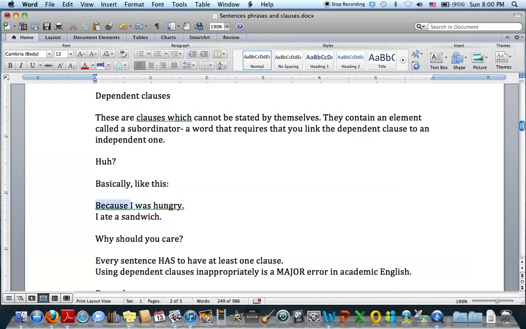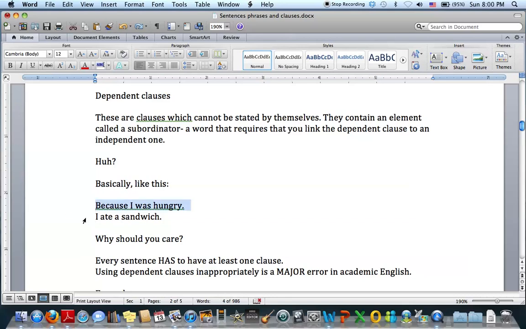Watch what happens if I get rid of "because." Oh, the Microsoft gods are happy. Yay! And really, that's what's going on. If I just have this, "I was hungry," no problem. I have here a clear subject, a verb that shows the time, it's the past, and it clearly identifies "I" as the subject. But as soon as I put that word back in there, "because," whoops, now we've got the same problem. And what that means is this is dependent.